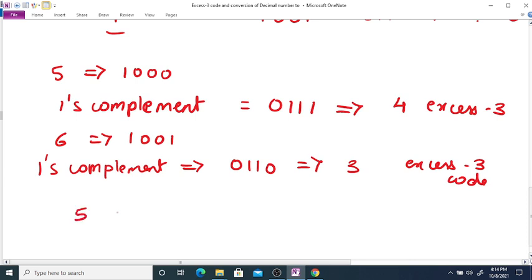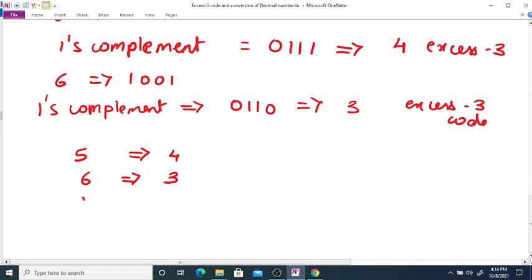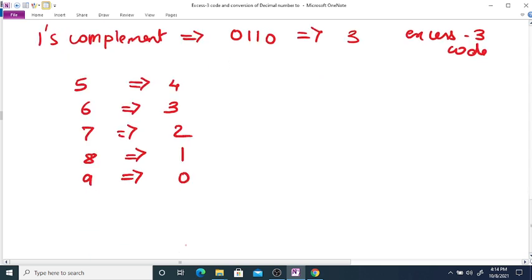For 5, by complementing it once, we get code for 4. Similarly for 6 we get code for 3. For 7, we get code for 2. For 8, we get code for 1, and for 9 we get code for 0. So in this way we can see that if we take 1's complement of a given XS3 code, we get code for another XS3 number.